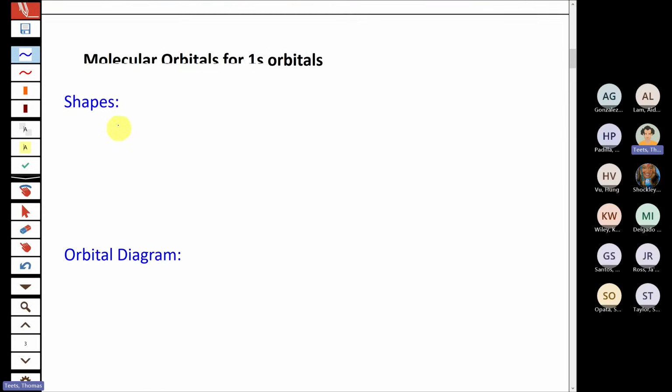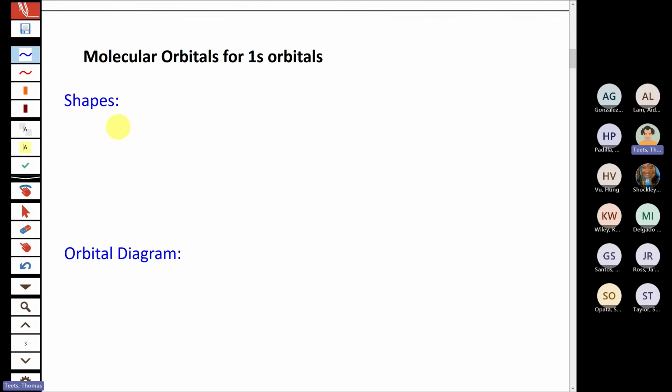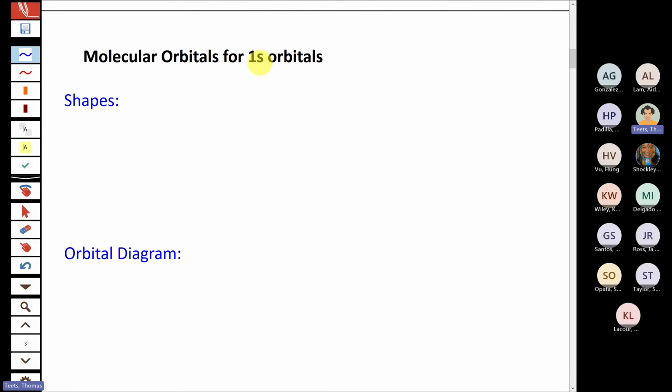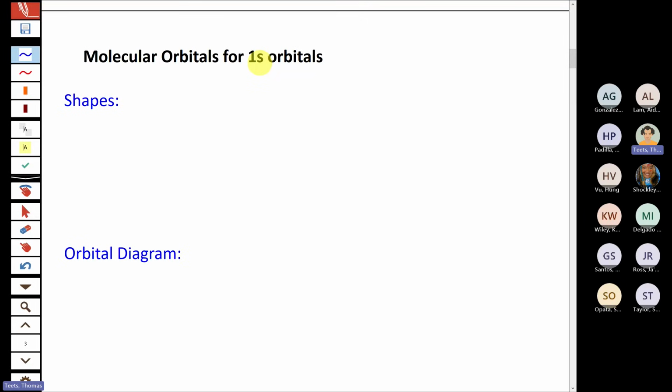Now, at the end of the last lecture, we just started introducing some of the concepts associated with molecular orbital theory, which is the more complex bonding theory that we're going to sort of finish up with in this course. So the idea again was that in molecular orbital theory, we're taking atomic orbitals from each of the two atoms. We're only going to be talking about molecules that are diatomic, just two atoms bonded to each other, in any level of detail. And you're taking their atomic orbitals and mixing them together to make new molecular orbitals, which are orbitals that are delocalized over the entire molecule, and that are then going to contain the valence electrons that are responsible for bonding in those molecules.